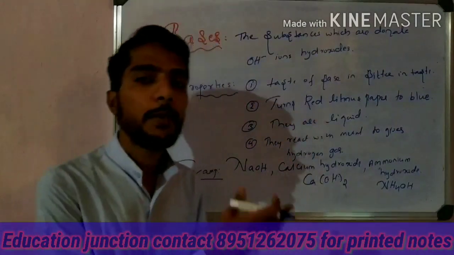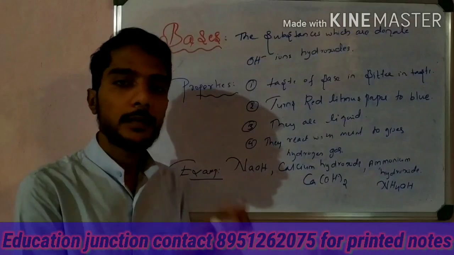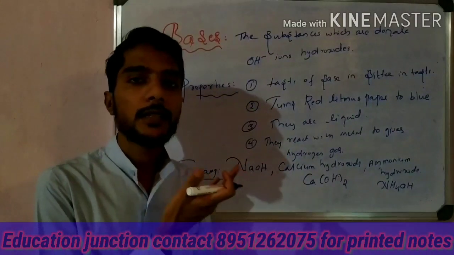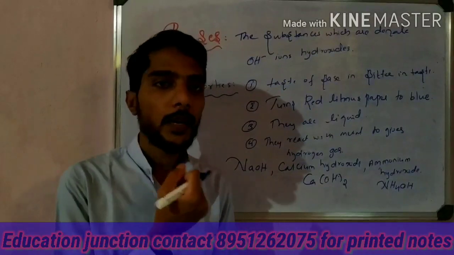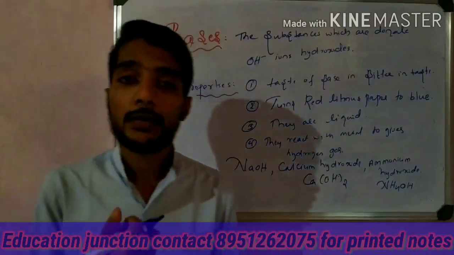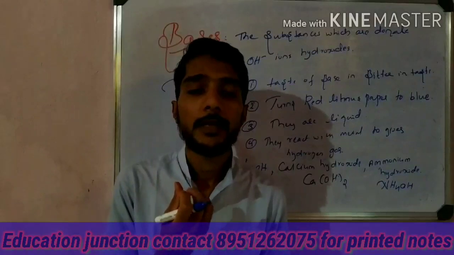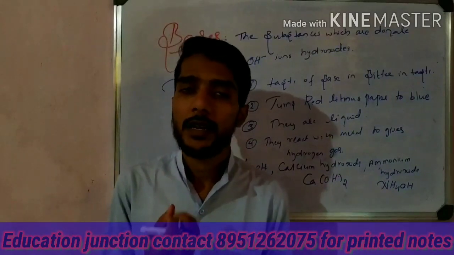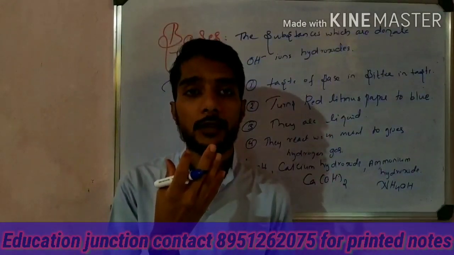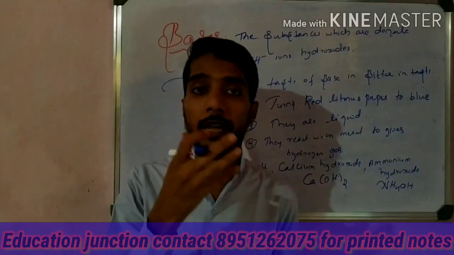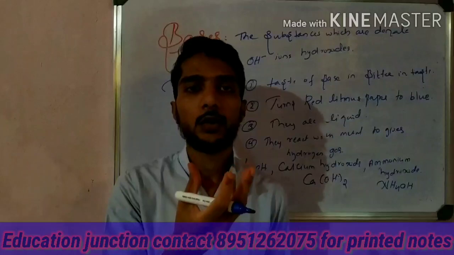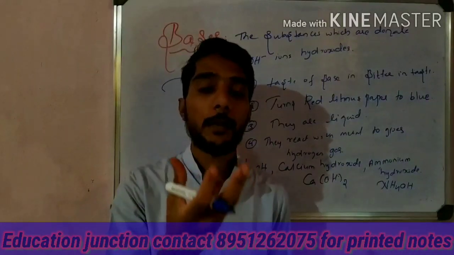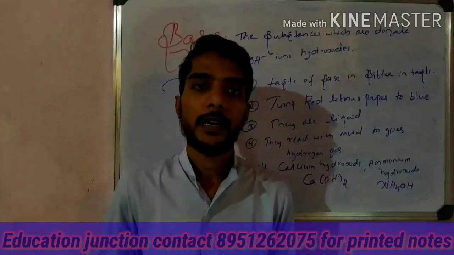After the basic concepts of the meaning of acids, meaning of base, the properties of acids, properties of base, and the examples of acids and base, we have to next take the chemical properties of acids and bases, meaning what happens when acid reacts with metal and what happens when base reacts with metal. Very important concept. Here one diagram is also there, that is for 2 marks. So let's take a 2-minute break and then we start the chemical properties of acids and bases, students.